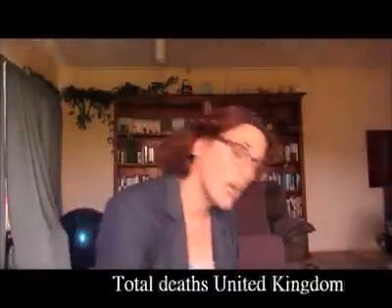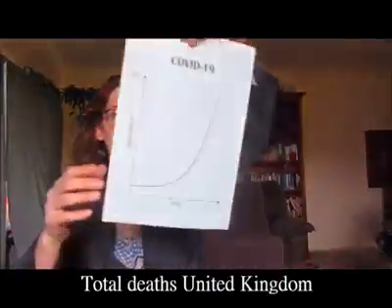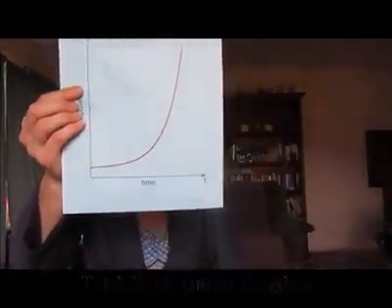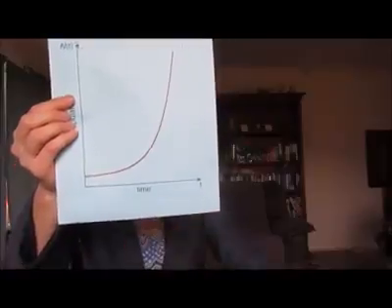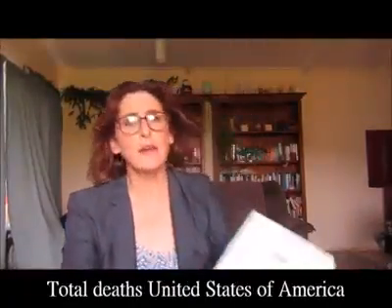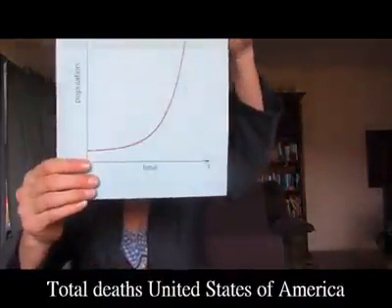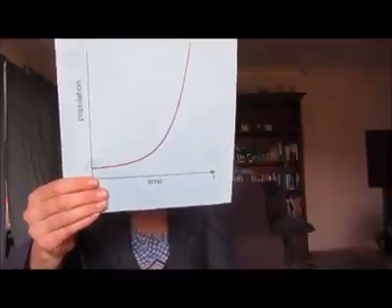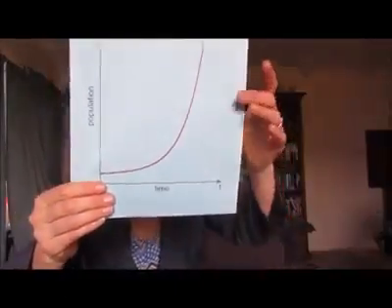Moving on to the UK, where we can see here the difference from both Italy and Spain with that rise there. Finally, the USA, and we see here a steep rise going from low to high, showing the amount of deaths in that country. Now, back here in New Zealand, I've got some accurate figures from the government this morning,